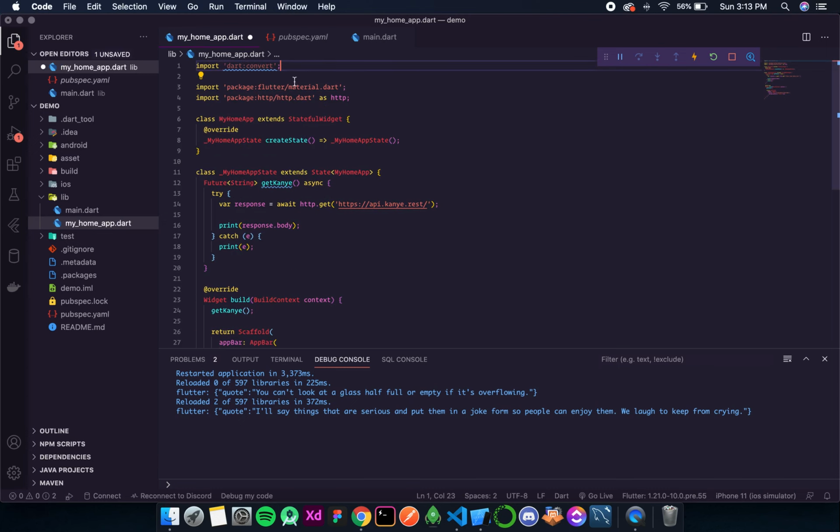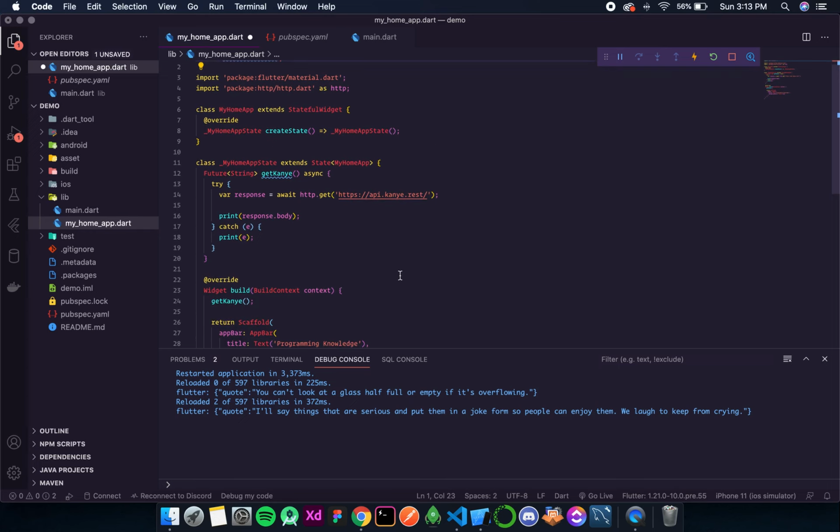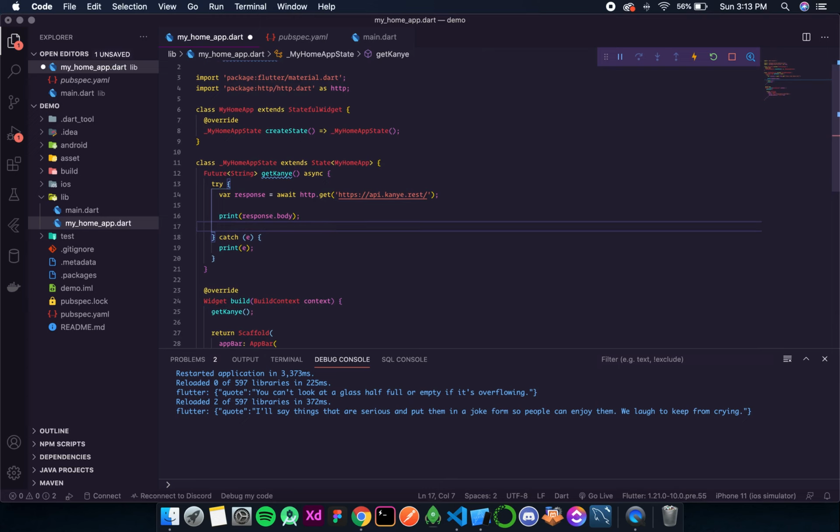This convert package allows you to convert a string to any other object, or an object to a string. Let's see how that happens. I'll simply write var result is equal to JSON.